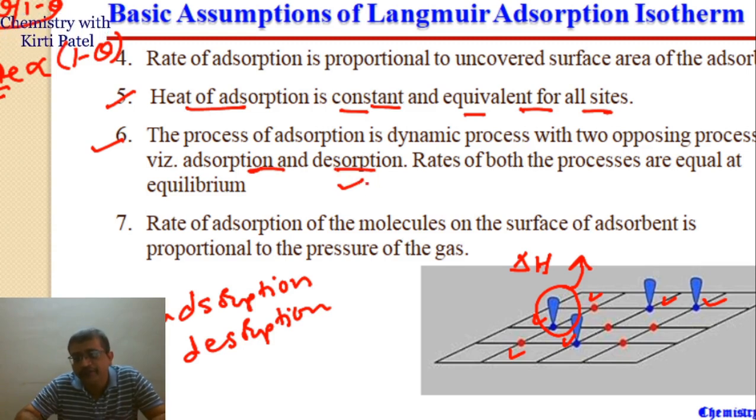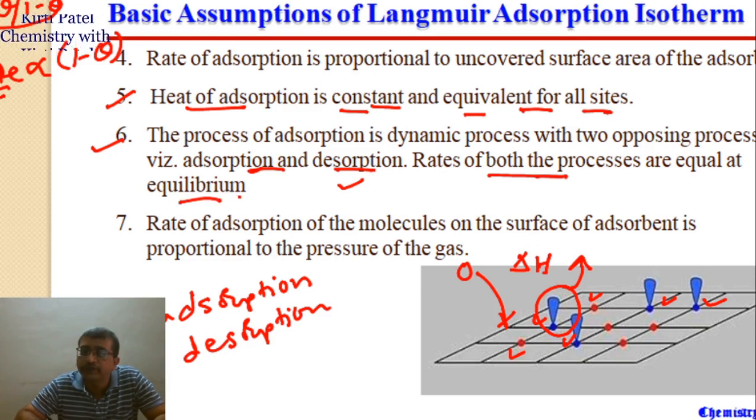So it is getting evaporated, and the other one, the molecules which are in the atmosphere in the near vicinity, are getting adsorbed on the surface. So that is adsorption or condensation. The other one is desorption or evaporation. The rates of both the processes are equal at equilibrium. That is, rate of adsorption will be equal to rate of desorption. Overall, it might seem that there is no process going on, but still adsorption and desorption will always be going on even in equilibrium. That is why the system is a dynamic process.